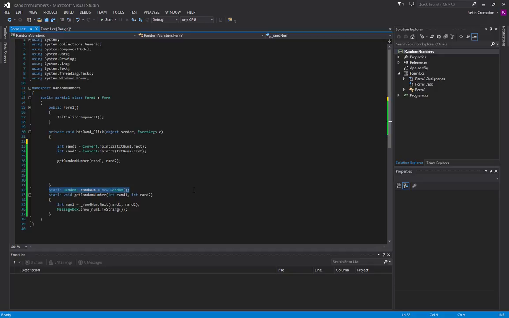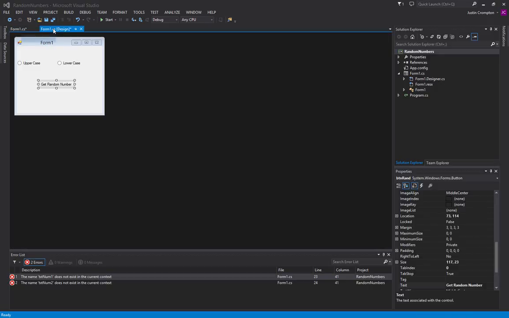So far we've created random numbers. Well, we can do more than just random numbers. We can create other random things. Now, random is always going to be a number, but we can use C# to make it appear as if we're randomizing things other than numbers, and that's what we're going to talk about now. I've now modified the form to get rid of the text boxes and replace them with radio buttons that give us a selection, uppercase or lowercase, and instead of get random number, we're going to change this to get random